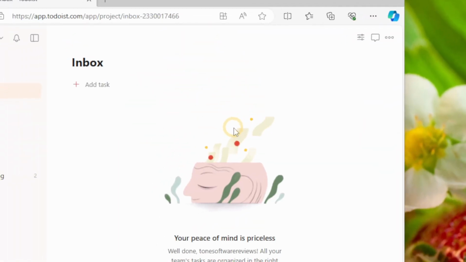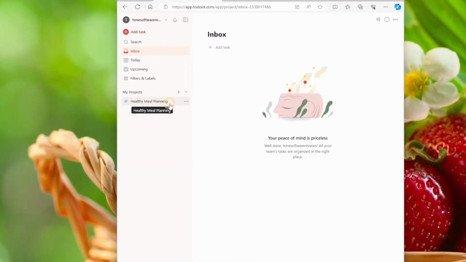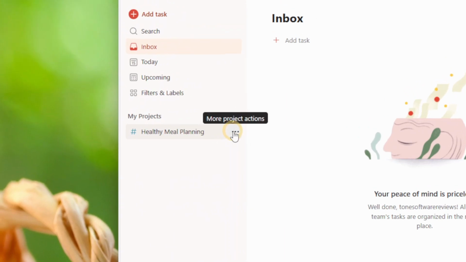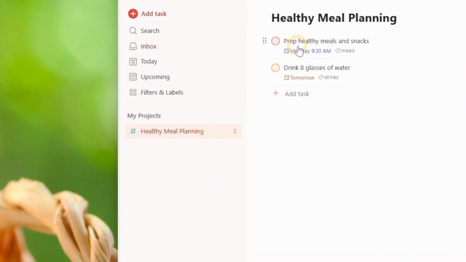Now when you go over to meal planning, you can see both our tasks showing up in the meal planning project